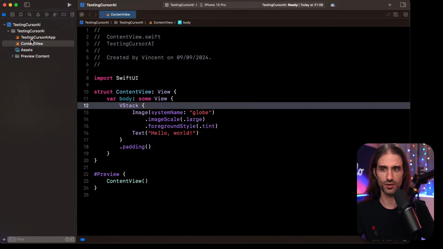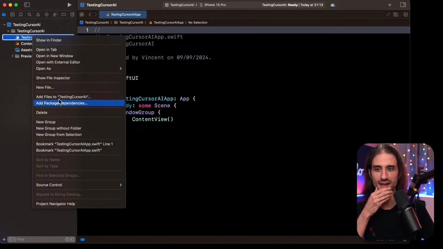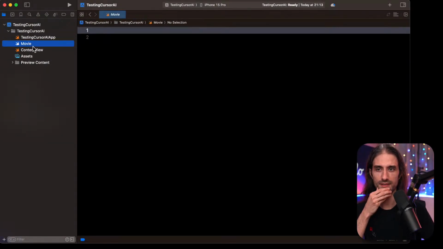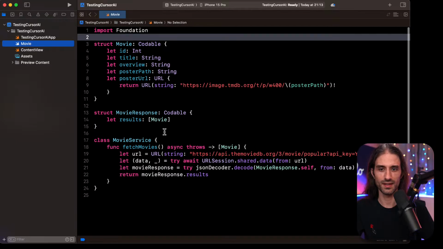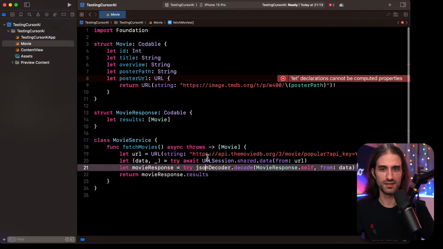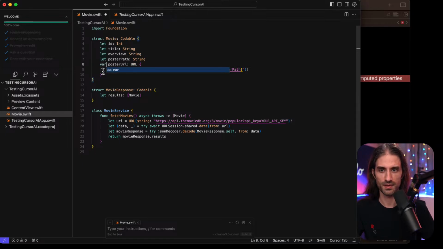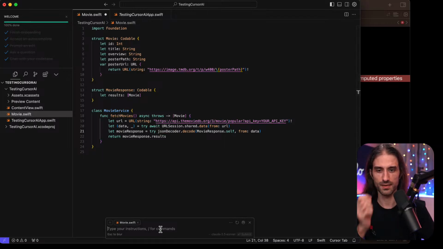Because I'm gonna go back into Xcode. Oh yeah, because I created the file, so I need to add it. I need to add the file into Xcode, and I need to go back to Cursor and to save. Okay. Yeah, because this here doesn't exist. Oh, and here it's a let, but it should have been a var actually. All right. And so, yeah, because here I don't have create a global constant holding the JSON decoder.